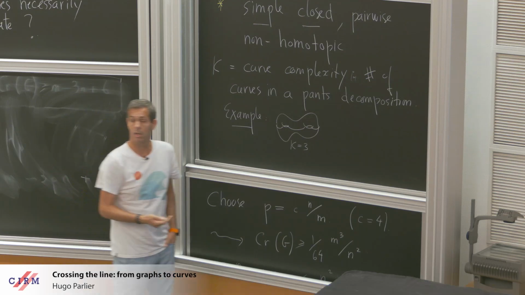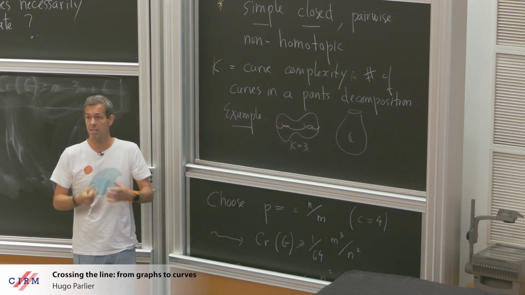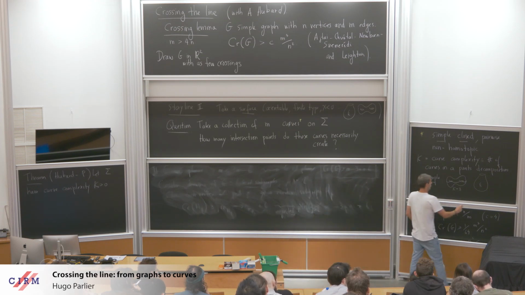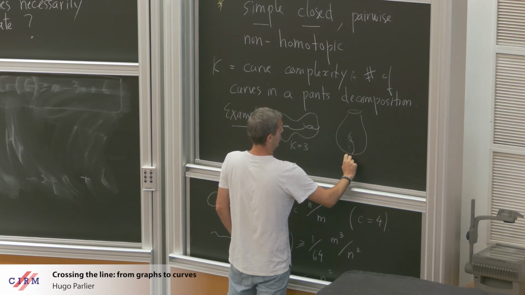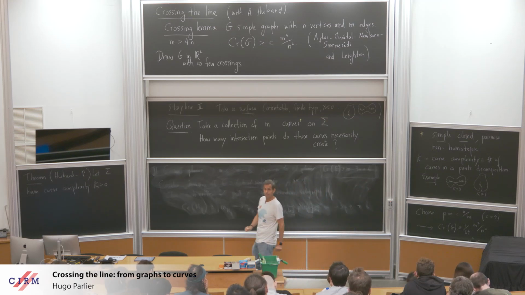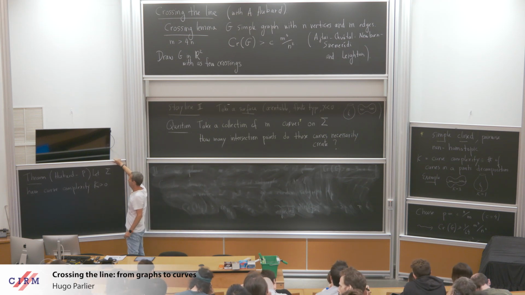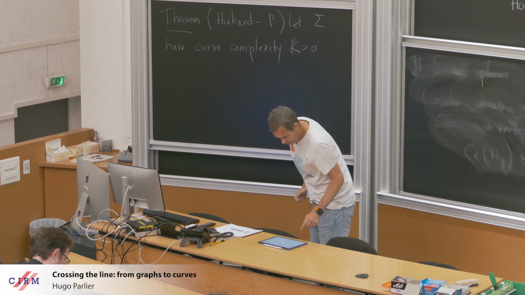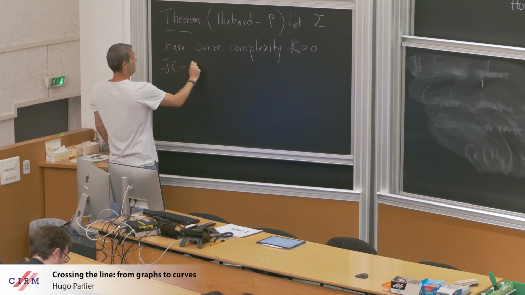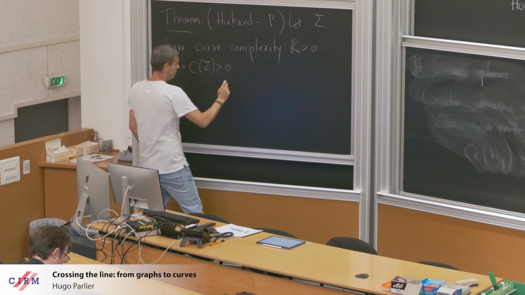If I have a torus with one boundary, then how many curves do I need to break this down into pants? Pants are 3-holed spheres. I need exactly 1 curve. So in this case, the complexity is equal to 1. Does that make sense? Okay. And so we have a surface with curve complexity kappa. And then what is our result? All right, so there exists a positive constant that depends on the topology of the surface, such that